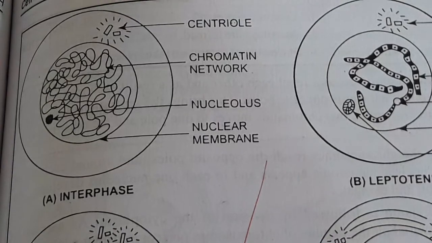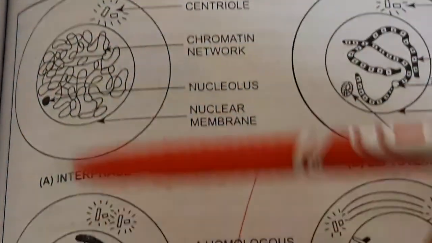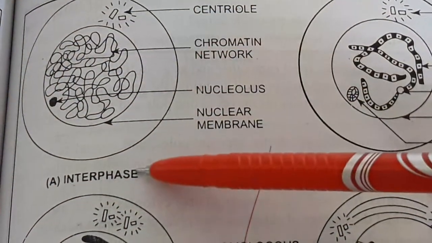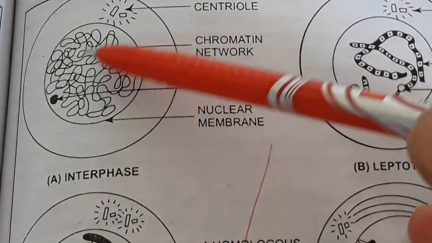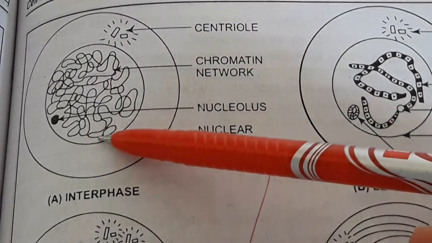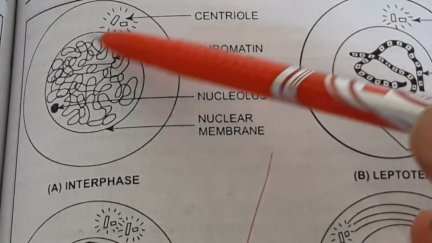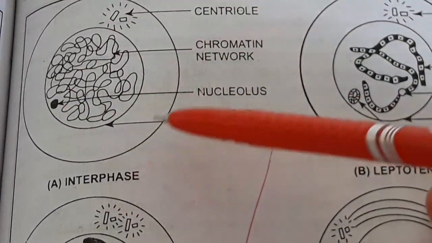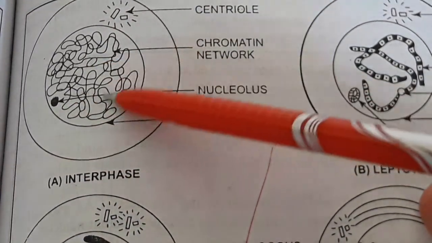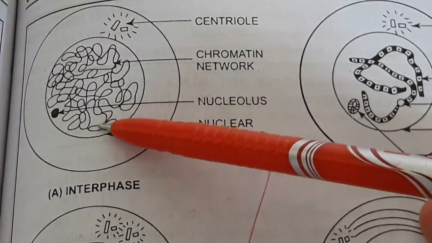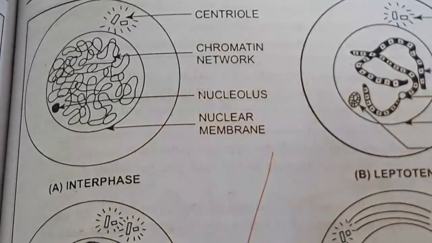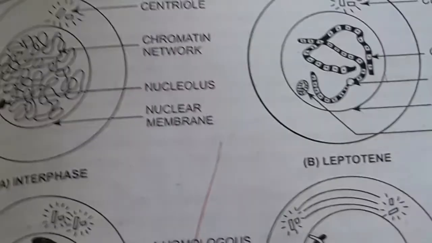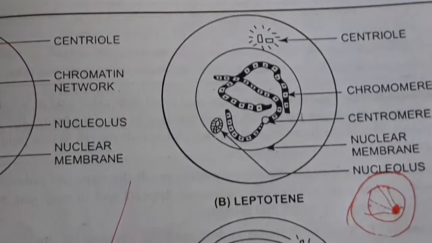In prophase 1, actually the chromatin material, now you can see the interphase nucleus. Okay, this is now preparing itself to undergo the cell cycle. These are the centrioles. Here we are showing an animal cell. This is the nucleolus, nuclear membrane and the chromatin reticulum or network. Now this immediately enters prophase 1. Now we are telling that prophase 1 is divided into 5 substages.